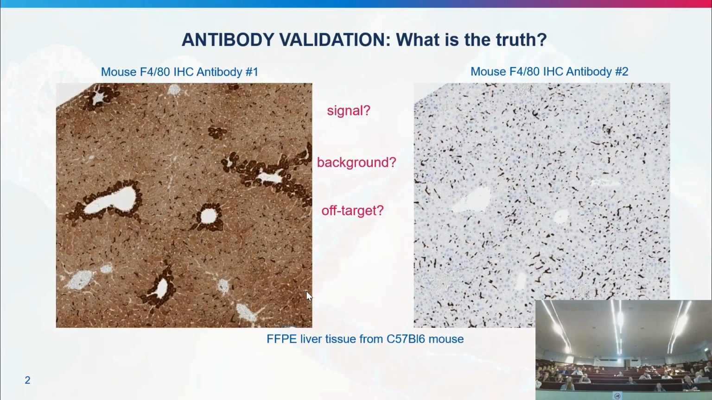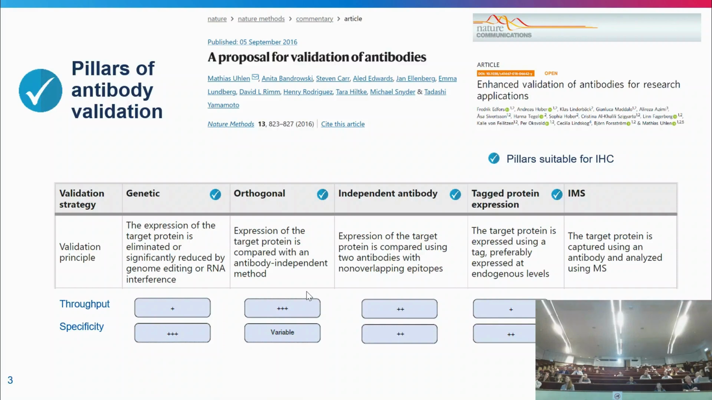Let's step back and dissect this question into bite sizes. What we are trying to address is where is the signal, what is the background, and what is the off-target. And that's what I want to show you, how we go through this question in a quite efficient way. So we do rely on the 5 pillars of the antibody validation, and we also have some other experiments that we use for the